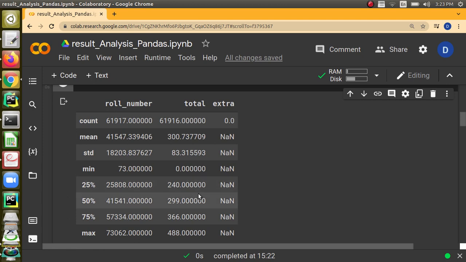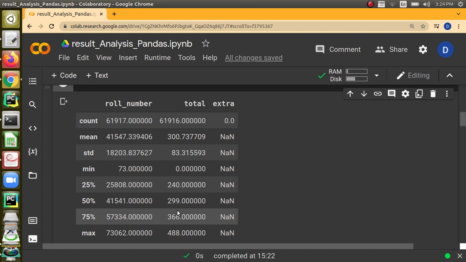Or I can say 25% of the students have scored marks less than or equal to 240, and 50% of the students have scored marks less than or equal to 299. So this quantile will tell basically the value below which the records are present. Or how I can put it is, the values will be arranged in ascending order.